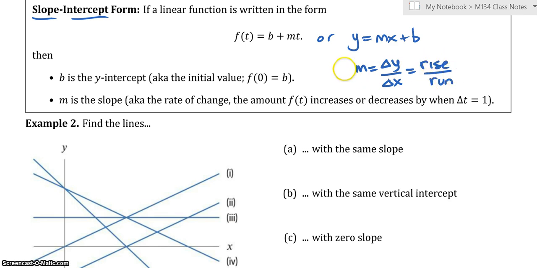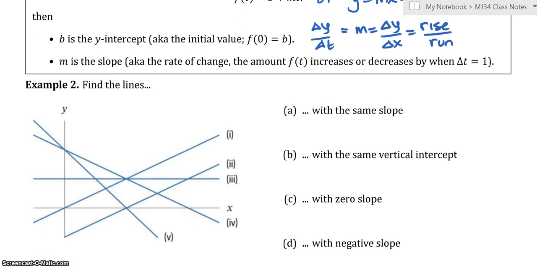Or you can call it delta y over delta t if you're using delta t's. So which two have that same rise and same run? It would be the same steepness. So 1 and 2